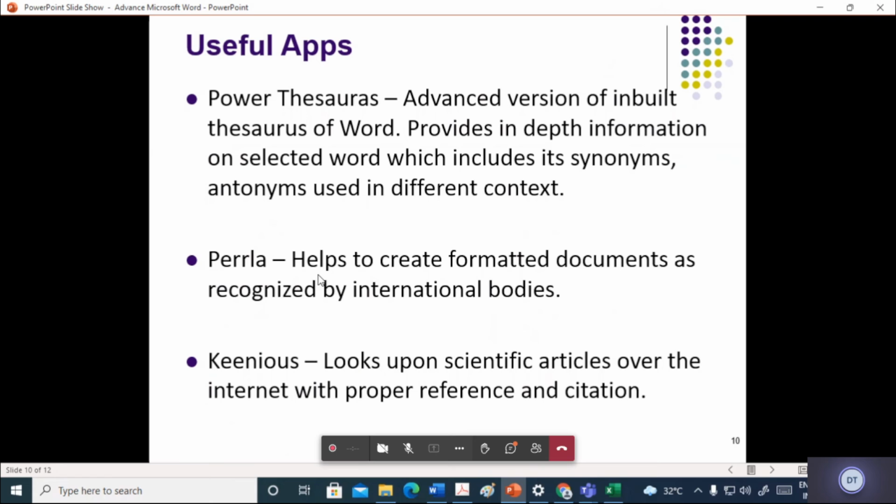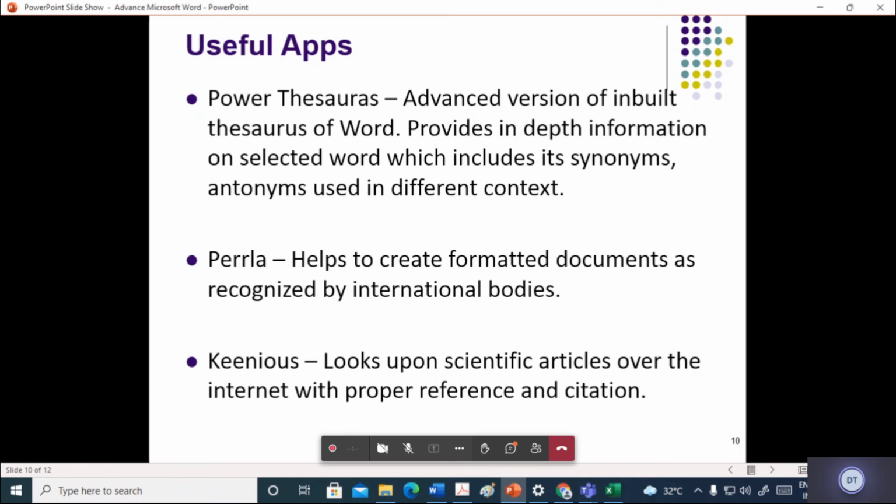Okay. The next one, Parla. It helps to create formatted documents as recognized by international bodies. So you might know that when you are writing code in C# or any language of your choice, there are some coding standards.